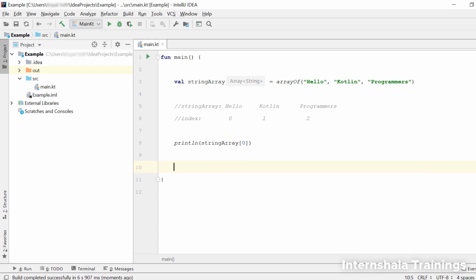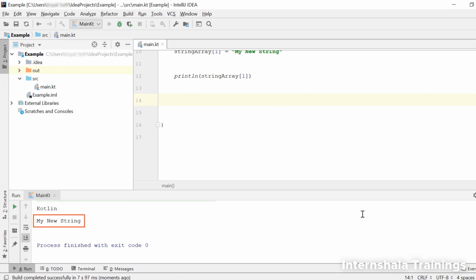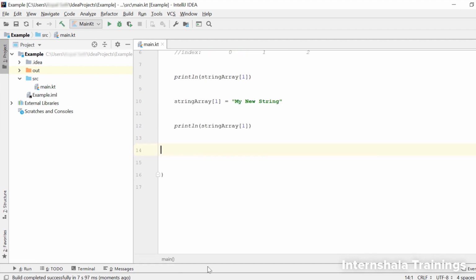Now, we had said earlier that arrays are mutable but have fixed sizes. So let's try and change the values of this array now. This is how we can do it. So here, first we have printed the original value by using this statement. Then we simply write the index for which we want to change the value like this and give it the new value. We have given this new value in double quotes here since it is a string. And then we print the value at this index again to check if the value changed. Let's look at the output. Yes, we get the new value at index 1 now. So that was how we can change the values in an array.